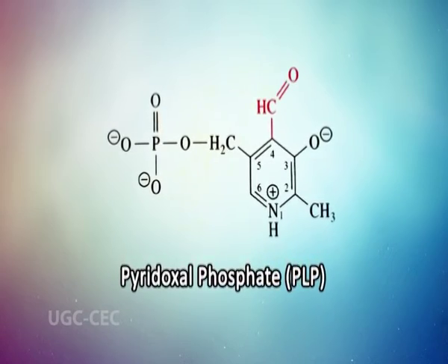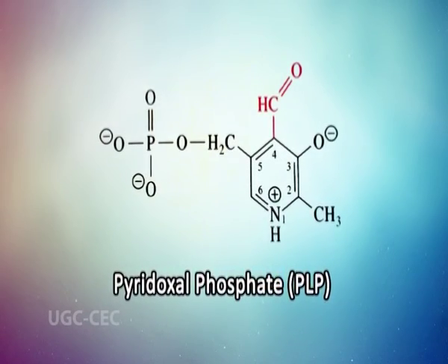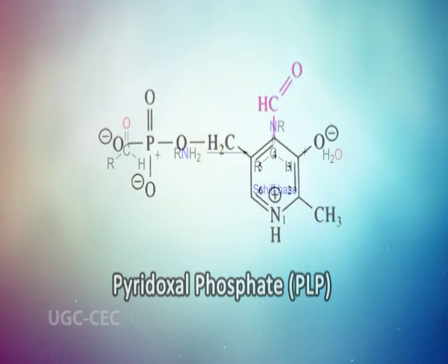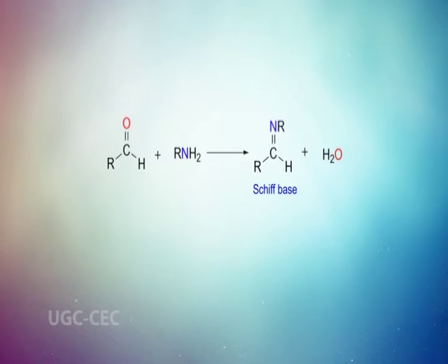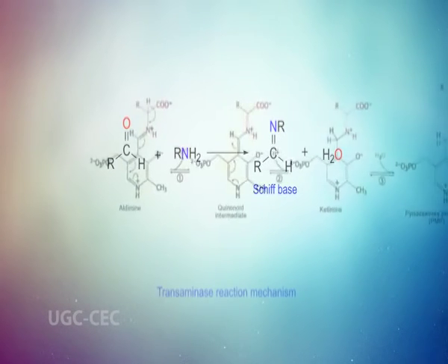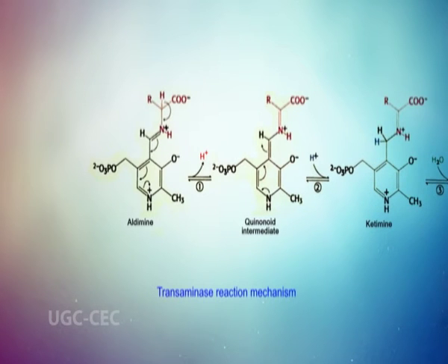The most important functional group on pyridoxal phosphate is the aldehyde. This group forms a covalent Schiff base intermediate with the amino acid substrate or the lysine residue of the enzyme. The Schiff base intermediate with the amino acid substrate is called external aldimine, and the one with the lysine residue of the enzyme is known as internal aldimine. The Schiff base between the amino acid substrate and pyridoxal phosphate